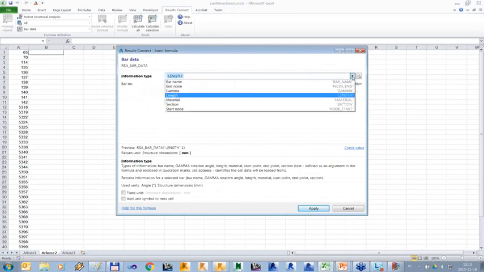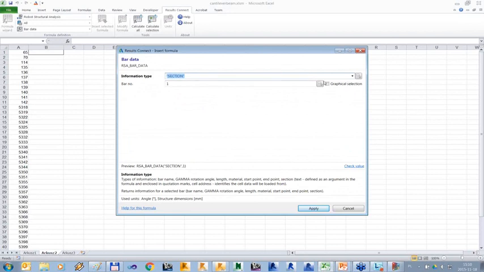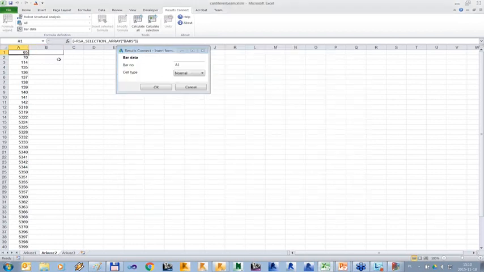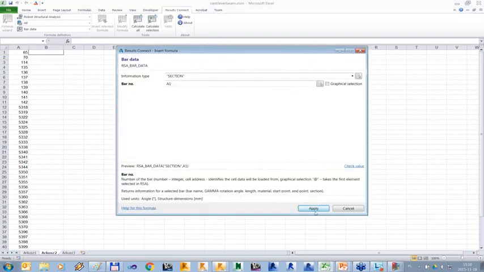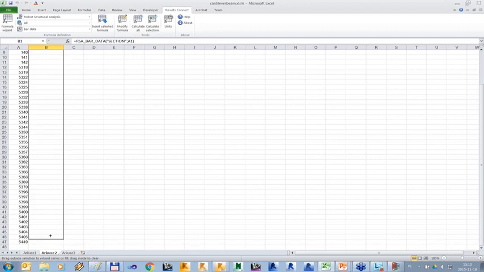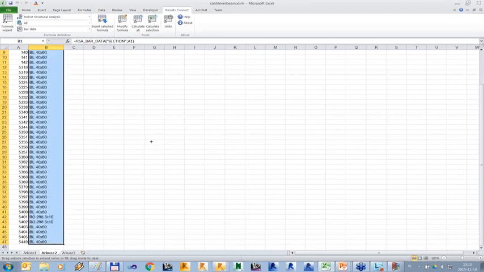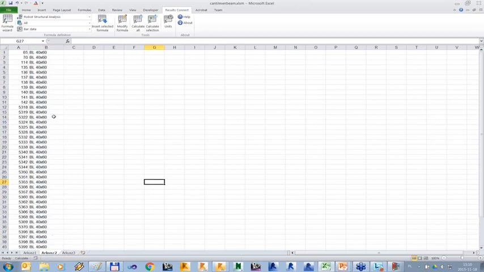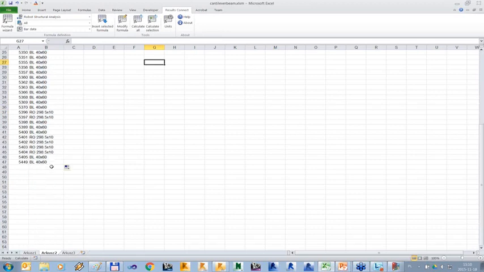Also, instead of length, let's say we will use section, and then we have to show bar number. After pressing apply, program will automatically get this data, and then by filling all these cells, program automatically will load sections from these